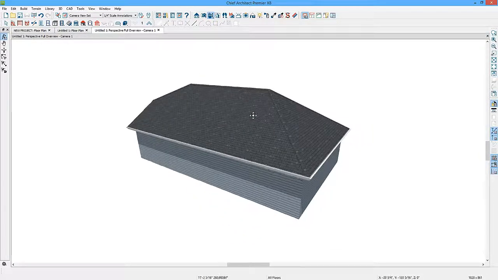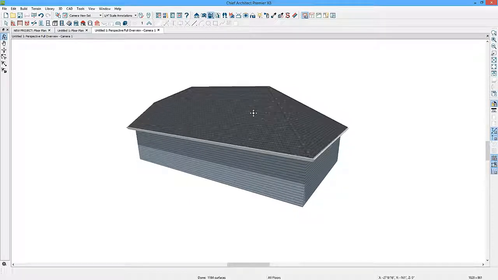There are many other ways to create custom roof designs by using manual roof planes and editing roof planes. You can learn more about this by going to your online training videos and doing a search for roofs. For now, we'll go ahead and close this plan